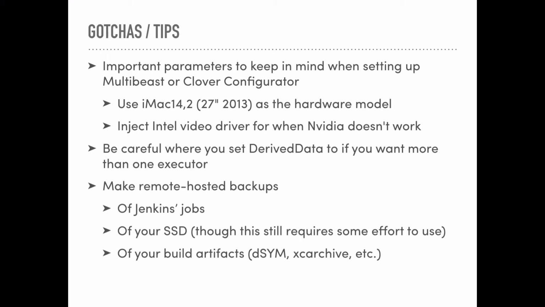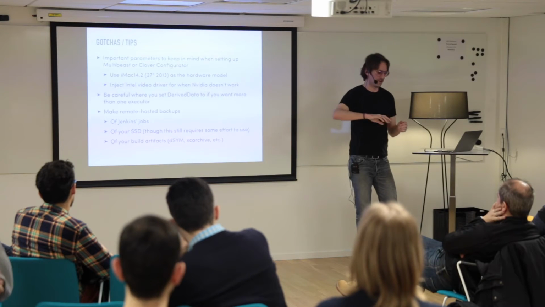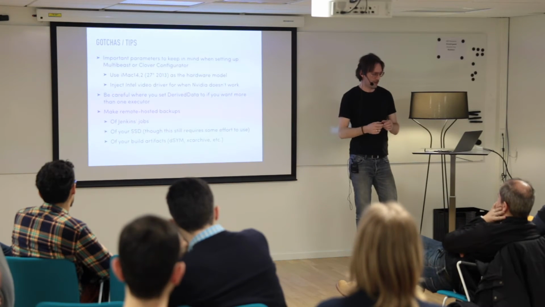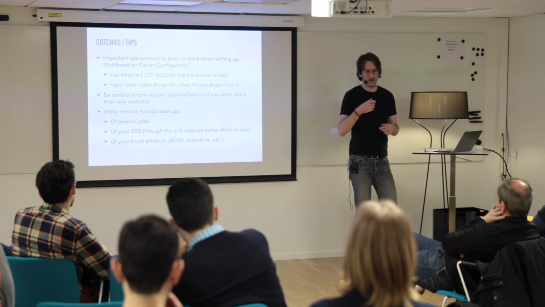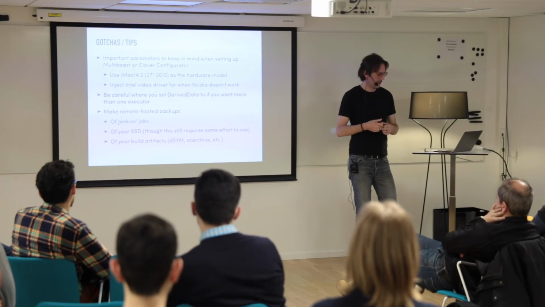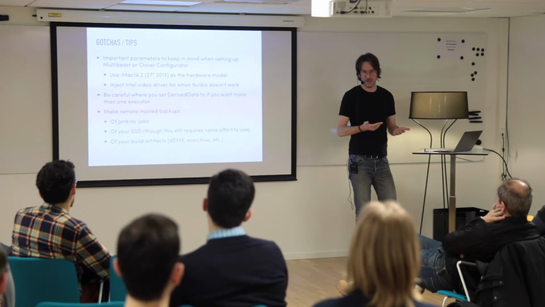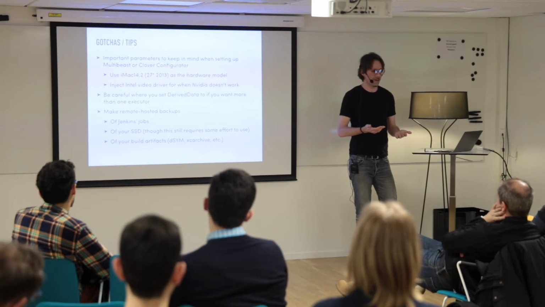I talked about drive data if you want more than one job running at once. And finally, just make sure you do lots and lots of backups. It's very easy to make backups off-site these days. We have multiple: a full disk image going to an in-house server, which is backed up to Glacier on Amazon. And we also have a separate, smaller backup just of the configuration for Jenkins, so it's very easy to get up and running with that again. And of course, if you're not already, update your dSYMs and your xcarchive files for the builds that you send to Apple and stuff like that.